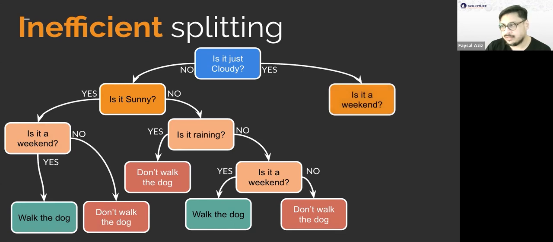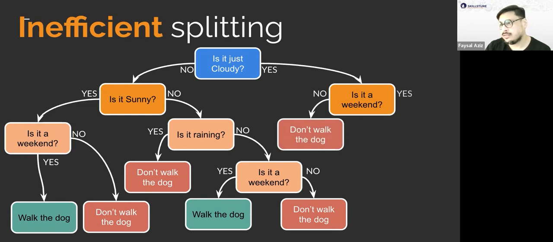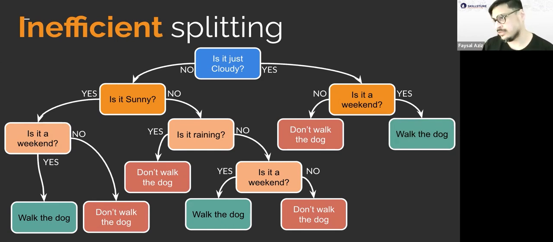Okay, irrelevant. Is it a weekend? No. Well, then don't walk the dog. But if it is a weekend, then actually you don't have to ask whether it's rainy or not, because it always says it's cloudy. Now, this is far more inefficient than the previous one. So sometimes you have to do pruning, which is to reduce the steps.